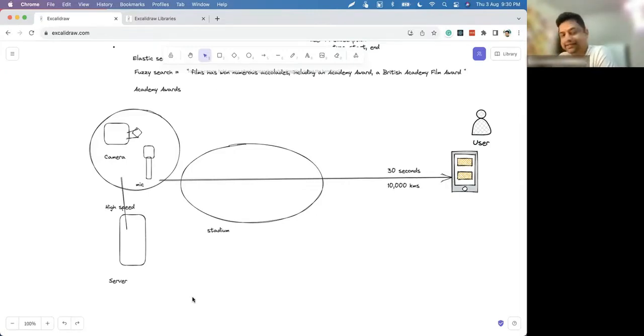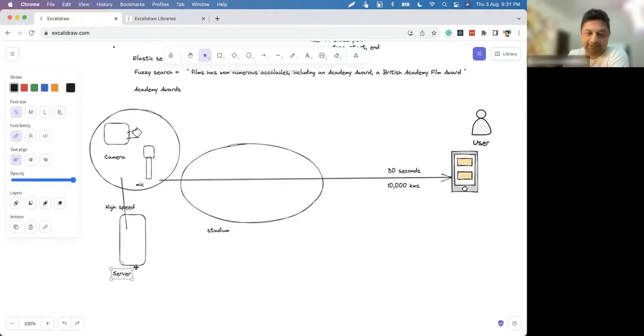In that situation also, they establish a high-speed connection, because they have a lot of money. Broadcasters can get satellite or internet connections, and they have this server room where they store the video content coming directly from the camera and mic.